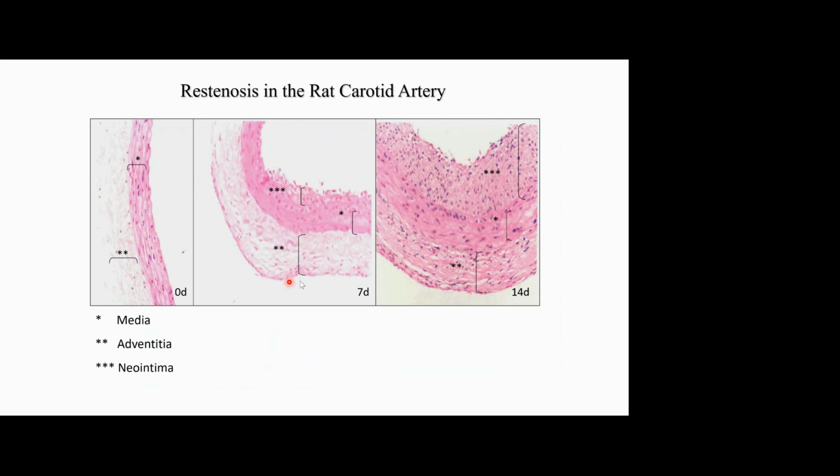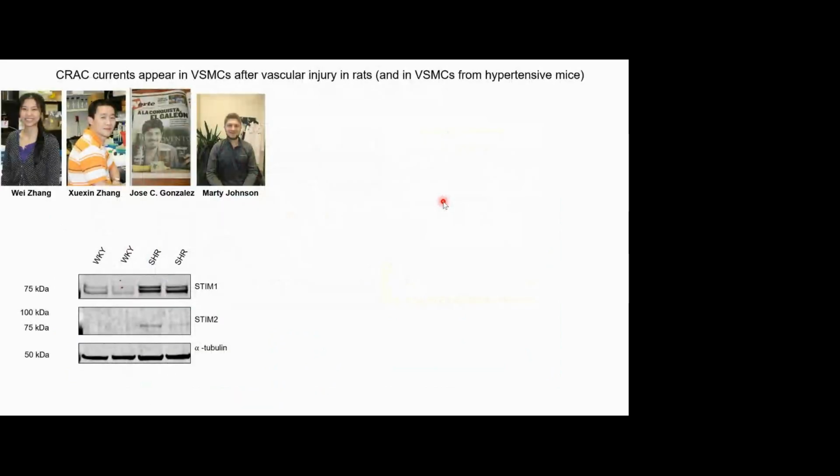So at day 7 after injury, you can already see the formation of this neointima. And the peak of this model is right here. All this is basically occluding the lumen. And you can even see that the cells here in the media are mostly hypertrophic, actually undergoing a growth phase. This is a nice model, but this smooth muscle de-differentiation is also a hallmark of things like atherosclerosis and hypertension. And so quite some time ago, we showed that in spontaneously hypertensive rats,